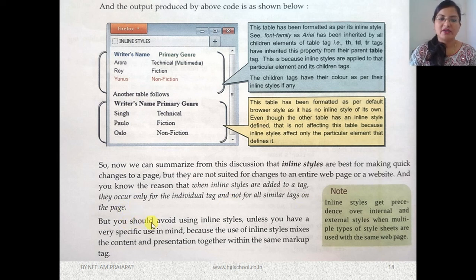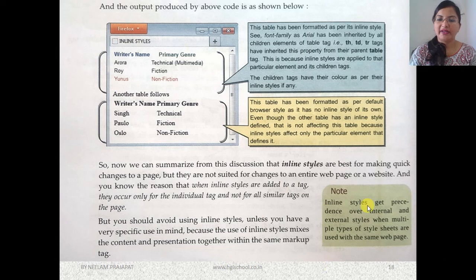But you should avoid using inline styles until and unless it is necessary. We don't put inline styles unless you have a very specific use in mind, because the use of inline styles mixes the content and the presentation together within the same markup tags. Got it?